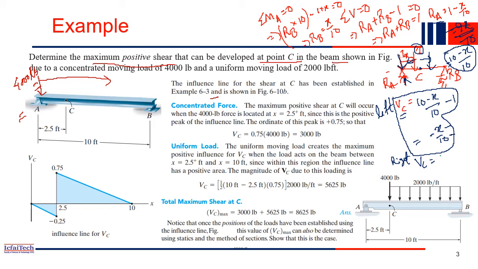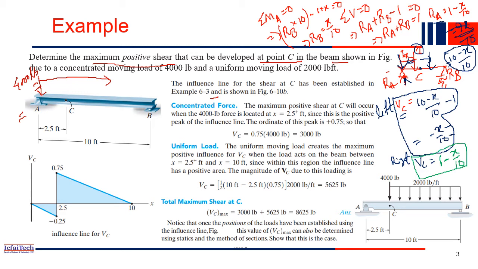So VC will be how much? It will be 1 minus RB. So RB's value is given x by 10. We just computed it. So this is the expression for VC when the concentrated load is at the right side